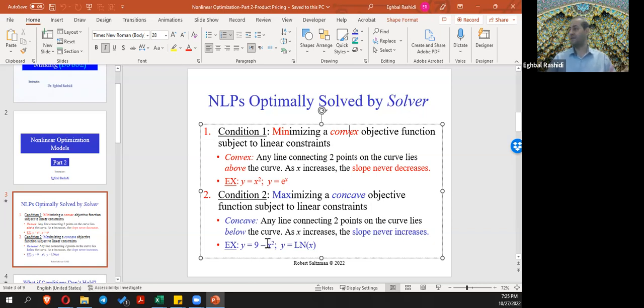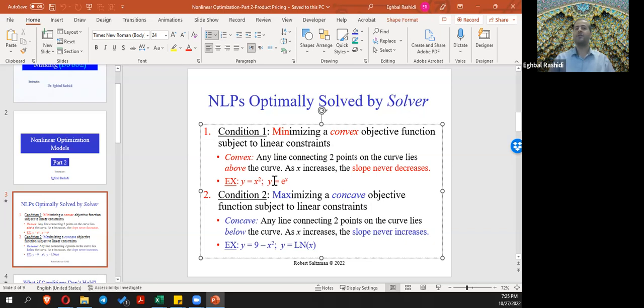So maximizing the natural logarithm is also concave. Actually, the usual logarithm also is concave as well. So maximizing that, you can be ensured you have found an optimal solution. Example of minimizing a convex function: x squared,